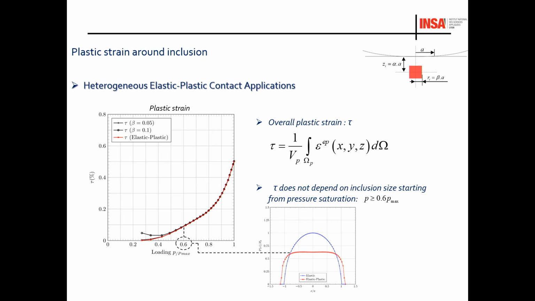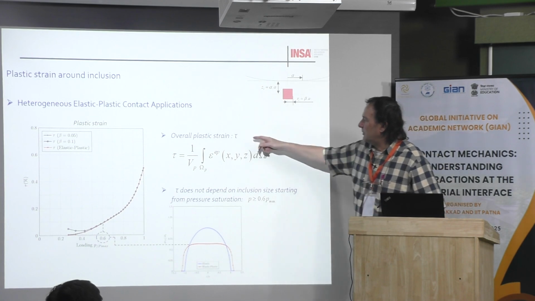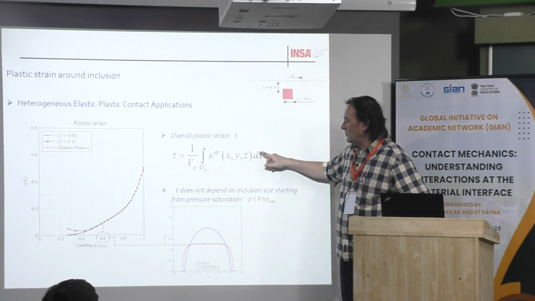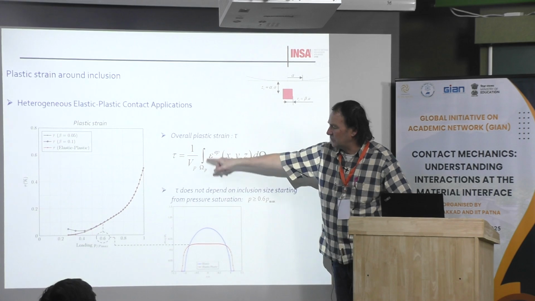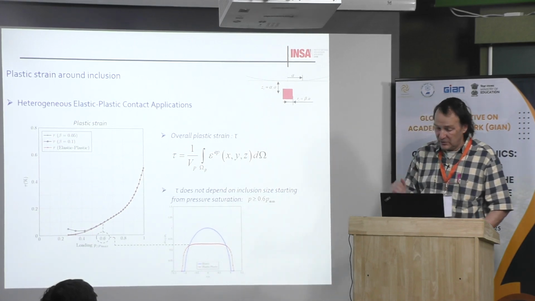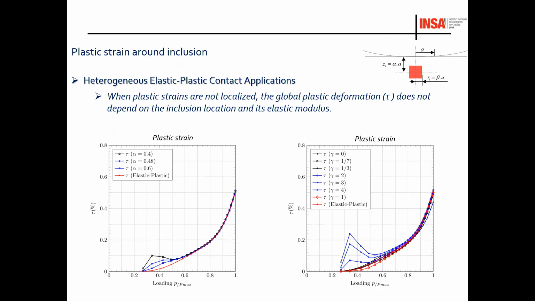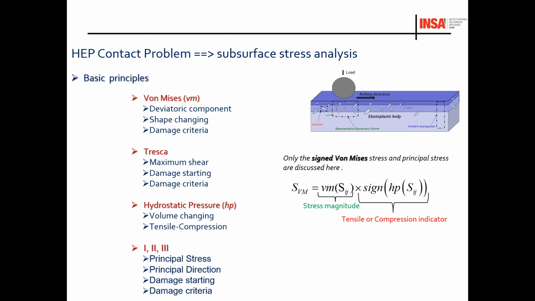When you have to analyze the results, something which is interesting is to calculate the overall plastic strains, which means that you have to integrate the plastic strains within all the volume. This has been proposed by colleagues from Northwestern. I think it's a good idea. And okay, there are many other things like that. I think I can move maybe to the tutorial.